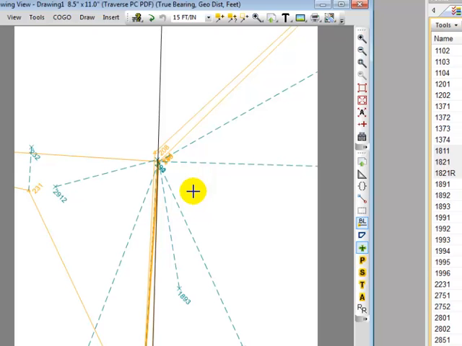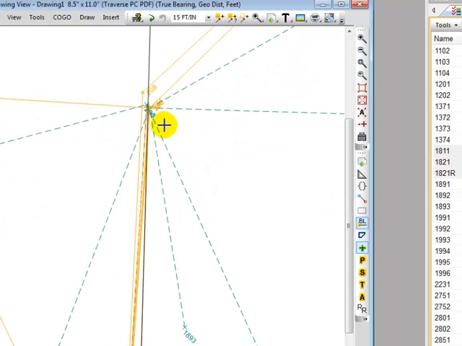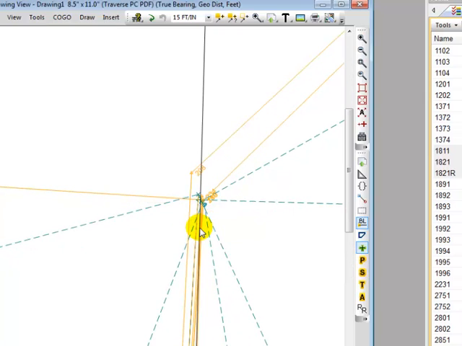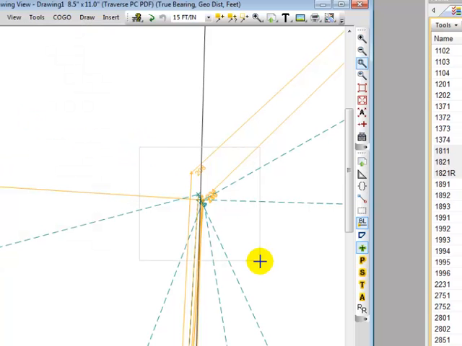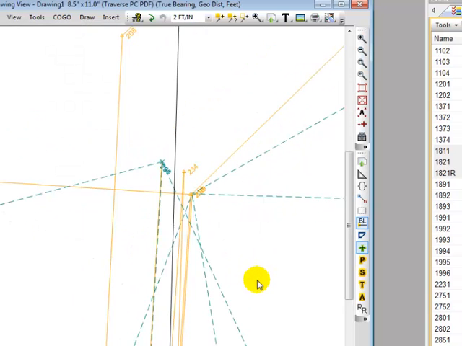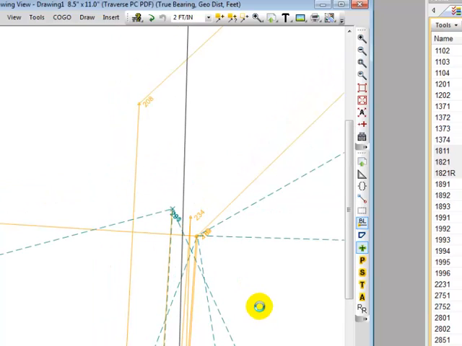And I'm just going to use the mouse wheel now to scroll in and zoom in a little tighter here. And I can say, this isn't quite getting me enough separation yet. Let's go back and do another window extents. I can repeat this wherever and as often as I need to, so I get the separation that I'm interested in